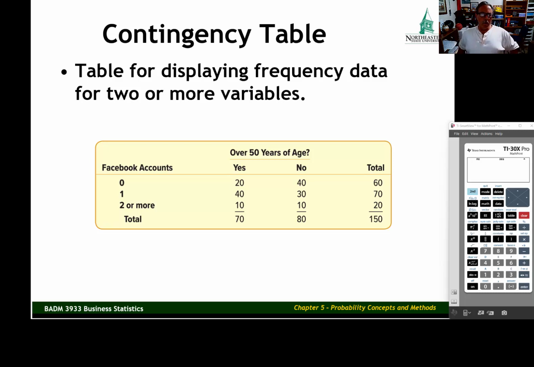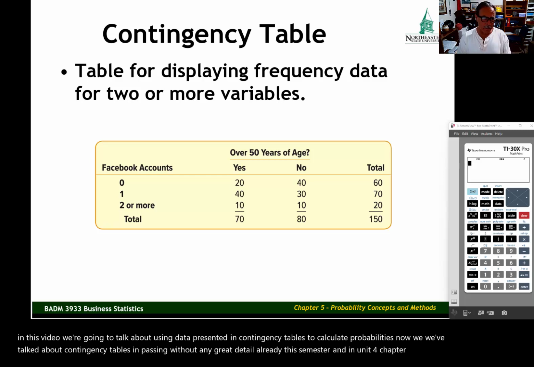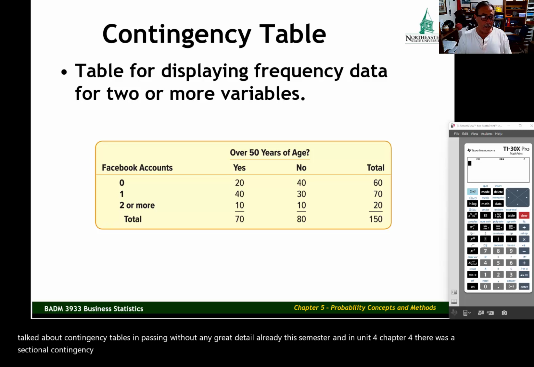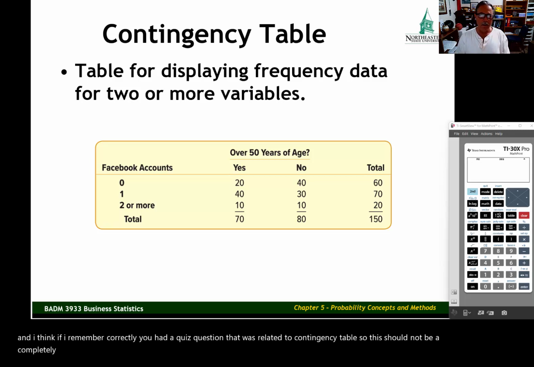In this video, we're going to talk about using data presented in contingency tables to calculate probabilities. Now, we've talked about contingency tables in passing without any great detail already this semester. And in Unit 4, Chapter 4, there was a section on contingency tables. And I think, if I remember correctly, you had a quiz question that was related to contingency tables. So this should not be a completely new concept to you, but we really haven't done much with contingency tables